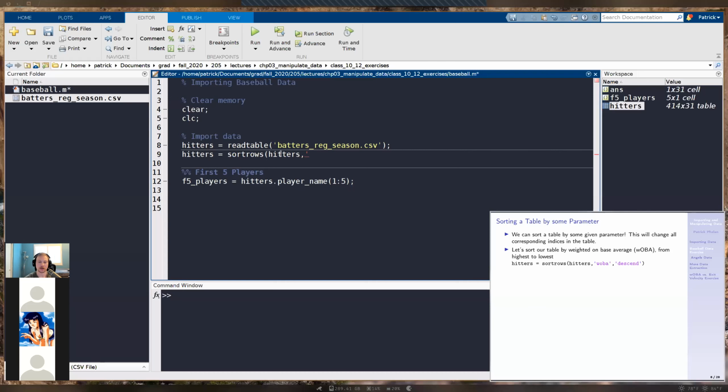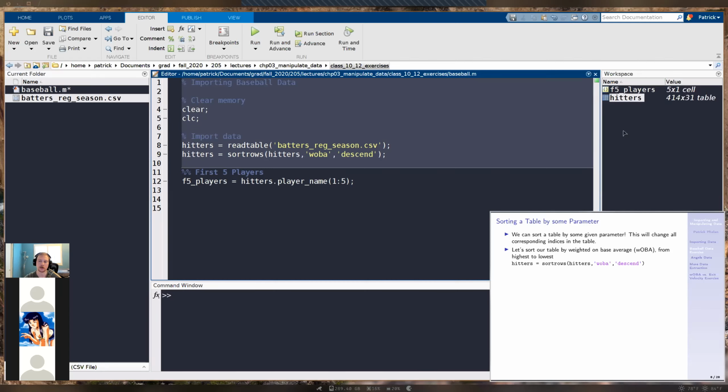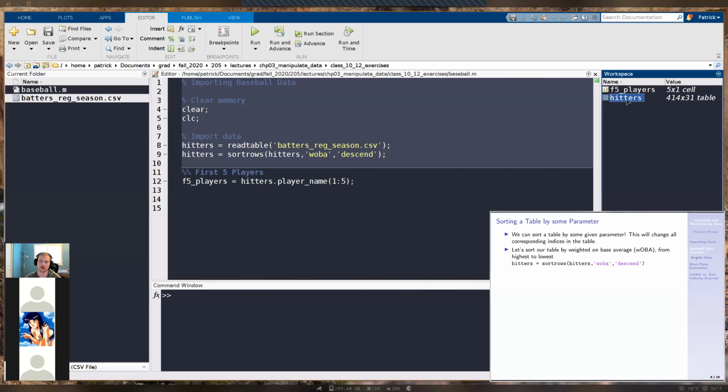And I'm going to put a comma, and then in apostrophes, I'm going to put the variable name that we want to sort by. So in our case, that's going to be wOBA, or weighted on base average. We're going to type that in, and then I'm going to specify 'descend'. So descend is going to sort by the highest wOBA, or highest weighted on base average, to the lowest. Now if I run this and I double click on hitters,